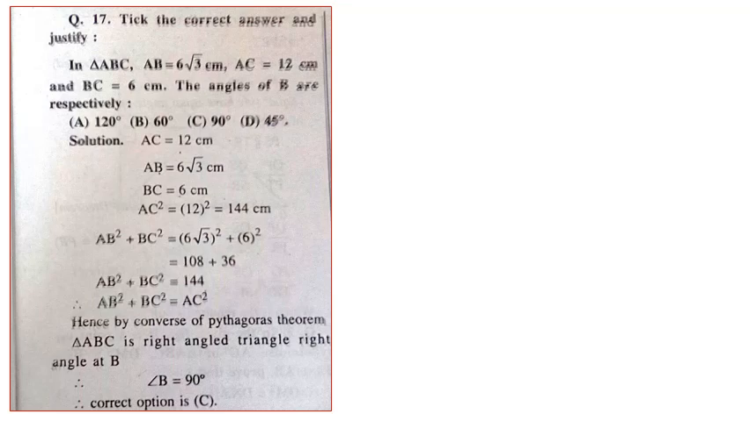Here we observe that the square of the longest side is equal to the sum of the squares of the other two sides. That is, the square of one of the sides of the triangle ABC is equal to the sum of the squares of the other two sides. Hence, by the converse of Pythagoras theorem, triangle ABC is a right-angled triangle, right angle at B. Therefore, angle B is equal to 90 degree. So option C is the